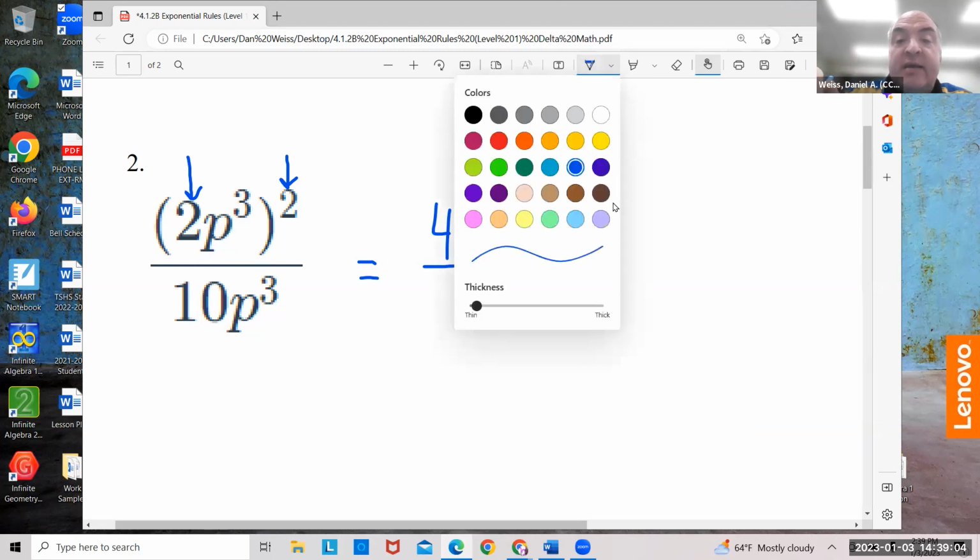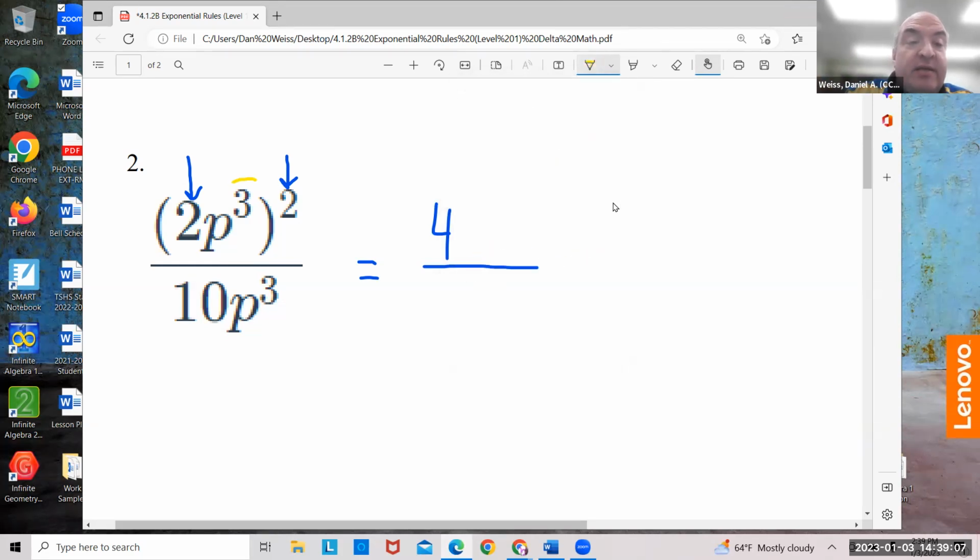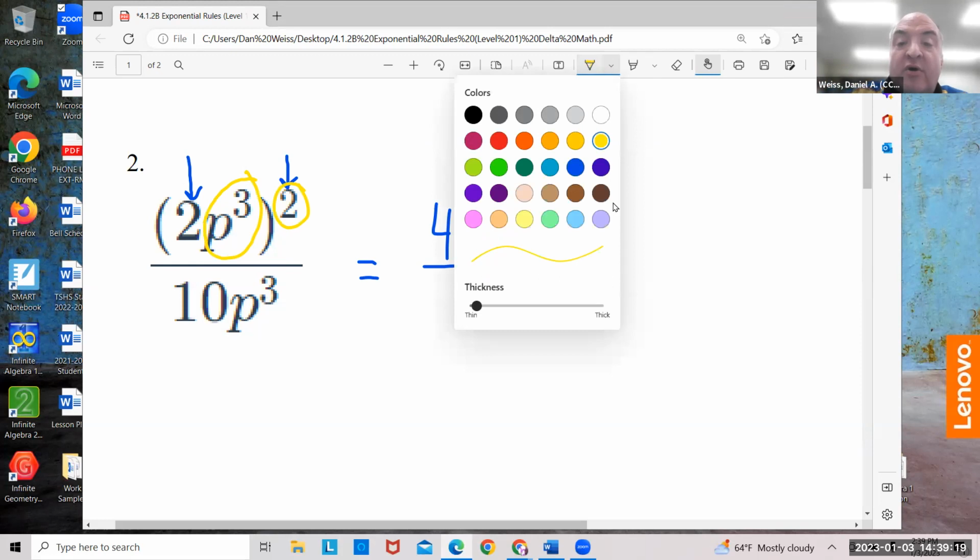Then I'm going to take p to the third to the second. 3 times 2 is 6, right? So that's going to be p to the sixth. And I'm going to put that over